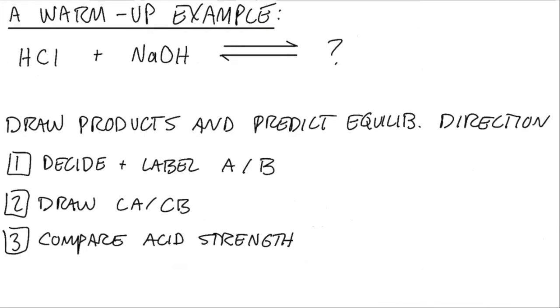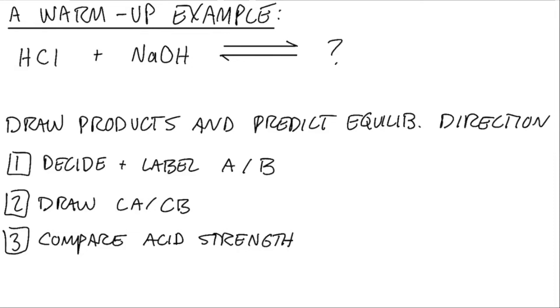First, to get us warmed up, an example that may feel a little bit easy or obvious to some of you, but it never hurts to go through just for practice. So if we were given HCl plus NaOH is in equilibrium with question mark, and we're asked to draw the products and predict the equilibrium direction, let's start with step 1 by deciding about and labeling our acid and our